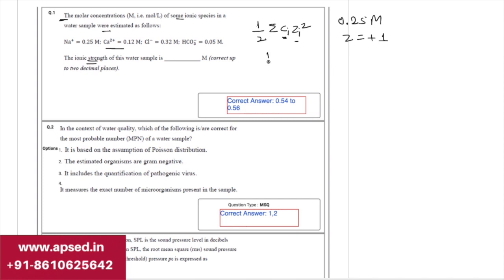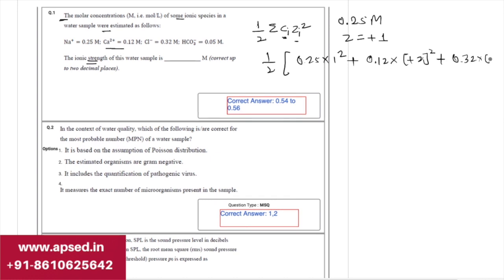So like that we can write for all the species like 0.25 times 1 square plus. Next is calcium. So calcium is 0.12 times its charge is plus 2, so plus 2 square, and plus chloride, if we do, it will be 0.32 times minus 1 square, and then we have bicarbonate, so that is 0.05 times minus 1 square, and if you solve this, we get the answer between this range of 0.54